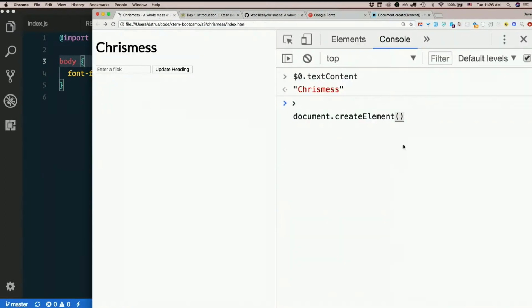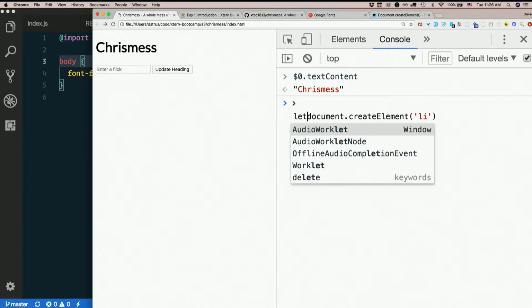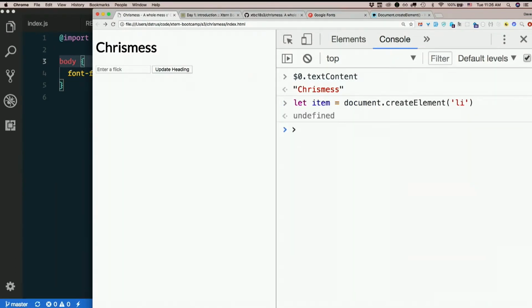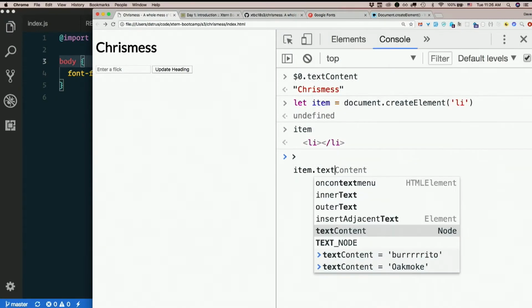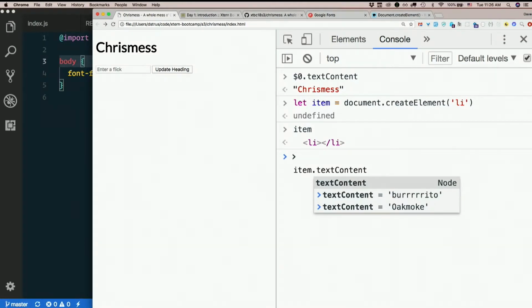So let's see, document.createElement, let's make a new element like an li. I'll save that to a variable so I can actually do something with it afterward. How about let item equals that? Okay, what's item? An li with nothing in it. So if I want to put something in it, I could use textContent, right? item.textContent equals,